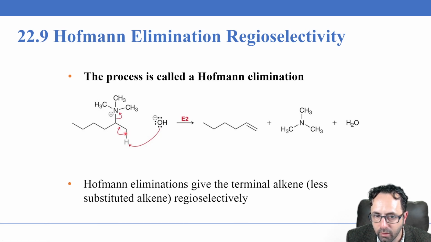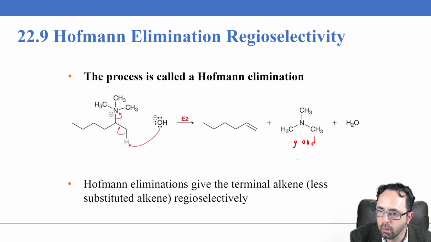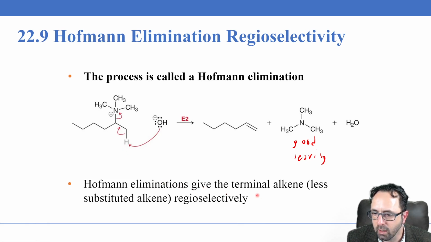The electrons that were involved in the bond between the hydrogen and the carbon are now moved into a pi bond here at this position, and then finally we have the loss of a neutral amine here. So a neutral amine, meaning that this was a good leaving group, and we also get the formation of water as a result of the hydroxide grabbing the proton. So Hofmann eliminations are going to give the terminal alkene, the less substituted alkene,